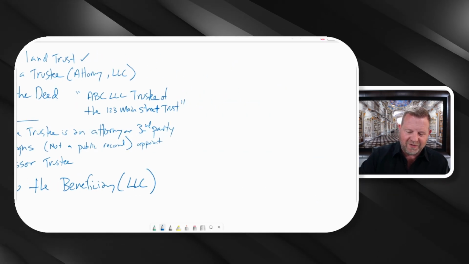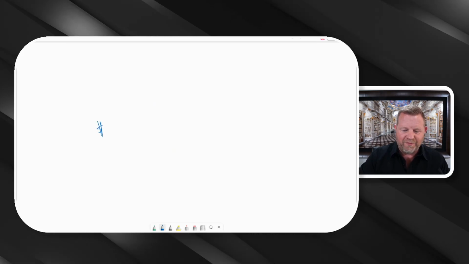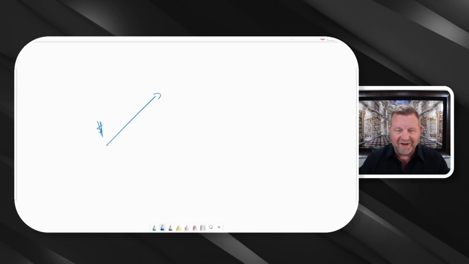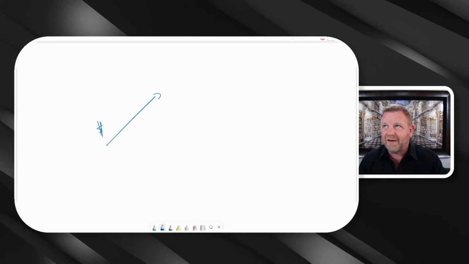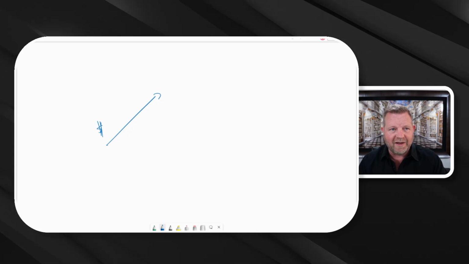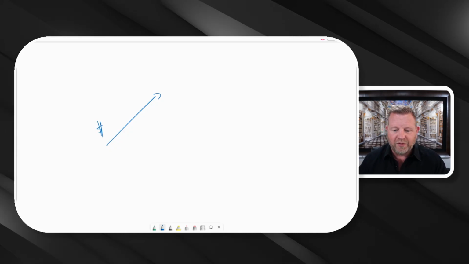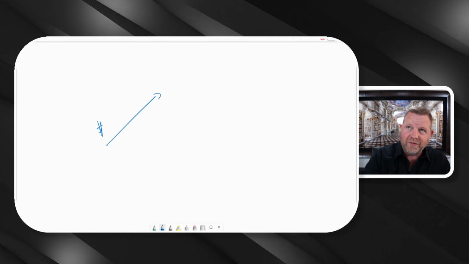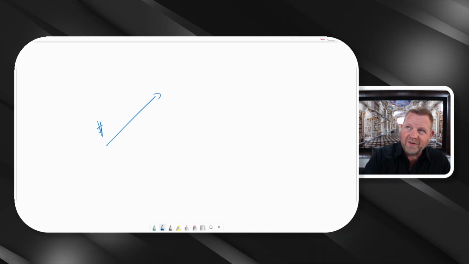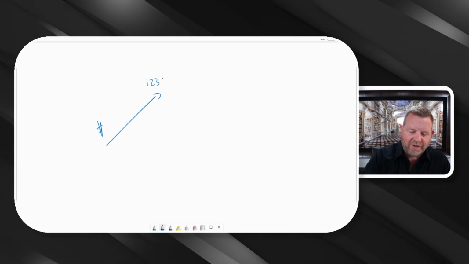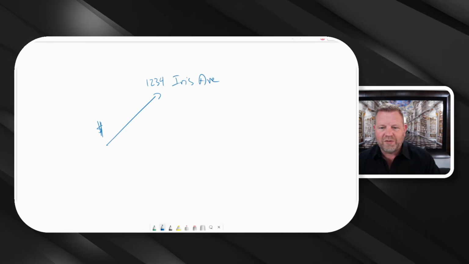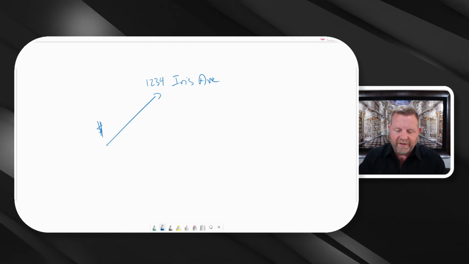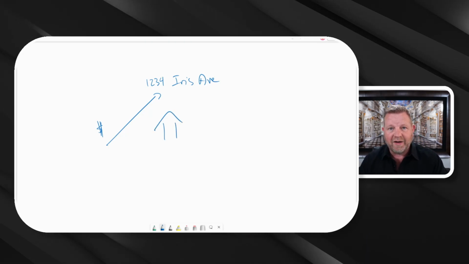So let me just reiterate this one more time. You're going to buy a property. You buy the property. Maybe you put the cash in. I've done this a million times. This is how it works. And I buy it in the name of, let's think of a different address. 1234 Smith Street, or 1234, what's a good one? I don't want it to be Main Street. 1234 Iris Avenue. Okay, so we do 1234 Iris Avenue. And there's our little property. We want to make sure that we have anonymity, and we want to make sure that we have